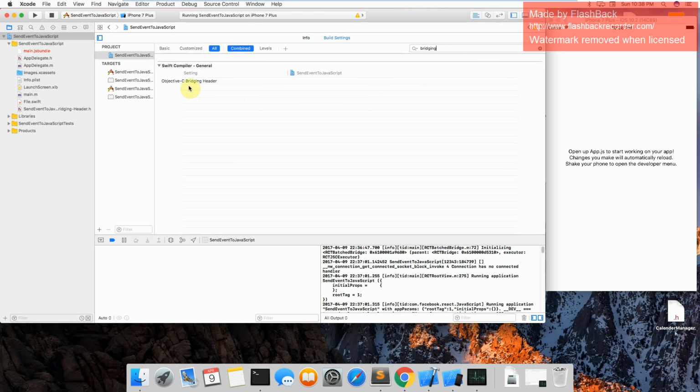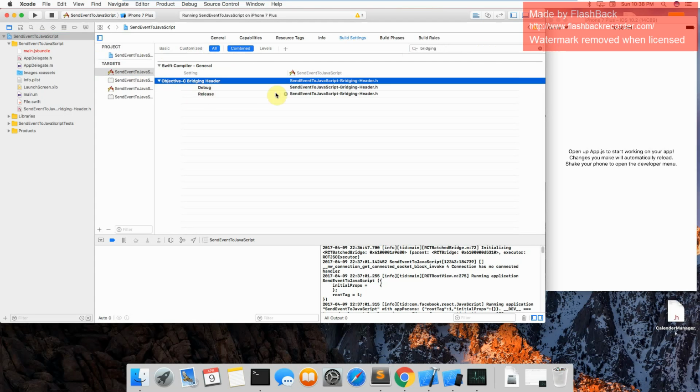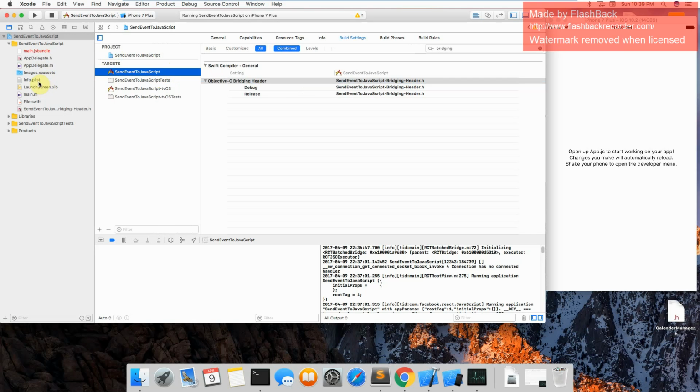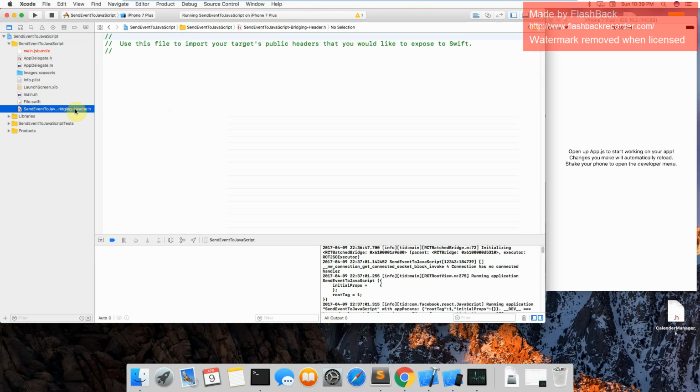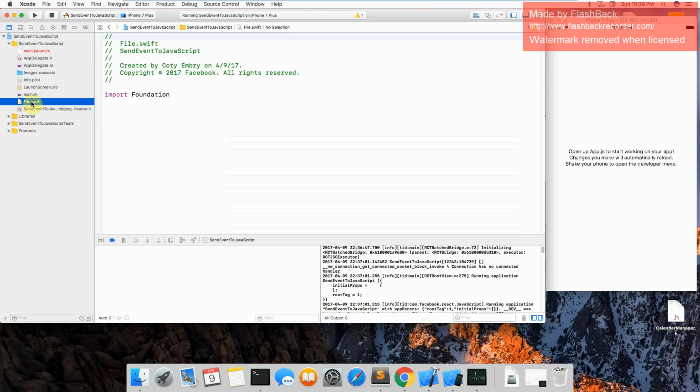So this Objective-C bridging header should be set, I think. So we might have to come back to. Oh, here it is. Okay. So see this targets. This target right here is actually basically what this thing is making, is that it's making this target, and this bridging header just got imported. And this bridging header, what it's doing is it's allowing the Swift files